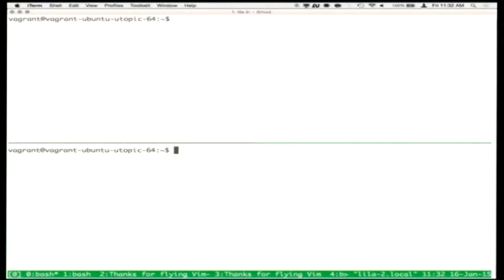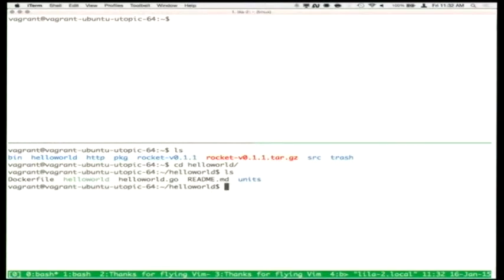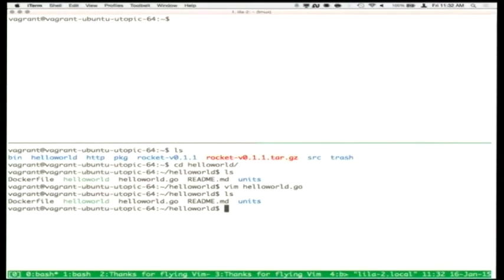But this host has Docker installed and a Go environment. So on this virtual machine, I have Go installed, and I have this really simple Hello World application that exposes an HTTP endpoint. Okay, and so what I'll do is I'll build this